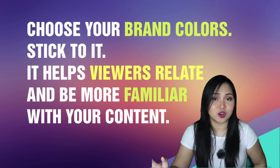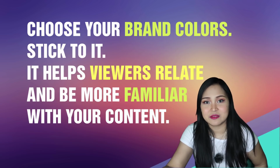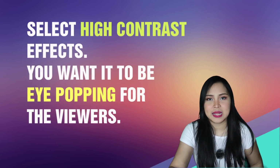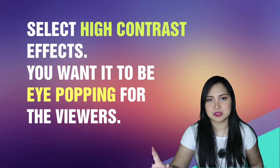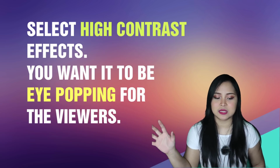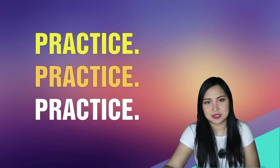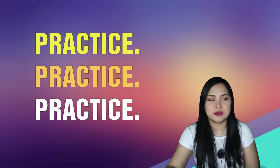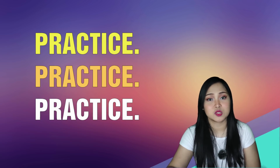So, next would be the colors. Maganda kung makakapag-brand kayo, like medyo cohesive yung inyong colors. Next step is effects. Kailangan merong contrast yung inyong mga elements. All the elements should be in unison. So, when I say unison, dapat tama yung alignment. And of course, you really have to practice a lot. Like for me, kapag gumagawa ko ng thumbnail, it still sometimes takes me 2 hours just to get all the